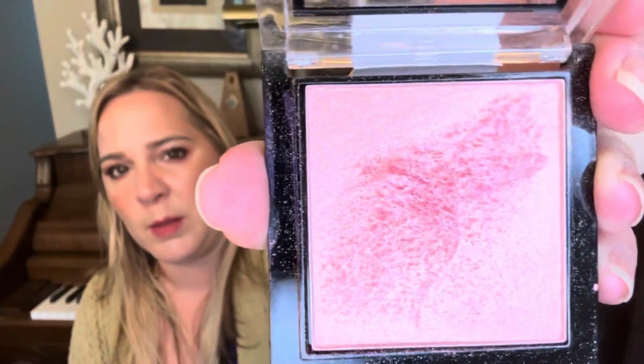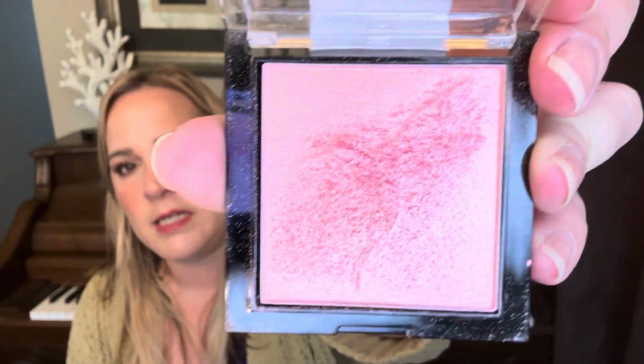The next product was this highlighter from Wet n Wild, Don't Flutter Yourself. I like this in the summer because I think it looks a little bit better on me when I have a little bit of a tan, but I think I could pull it off year round. My goal for this product is to wear away the hummingbird, and the times that I did use it over the month, I felt...